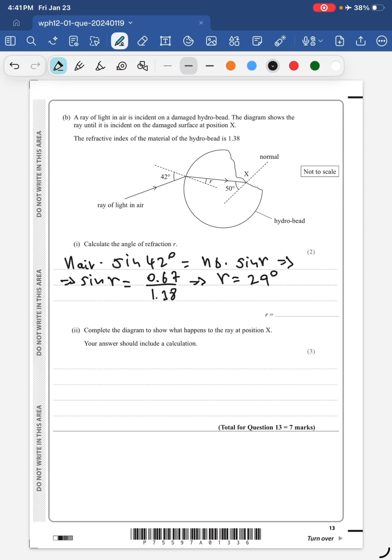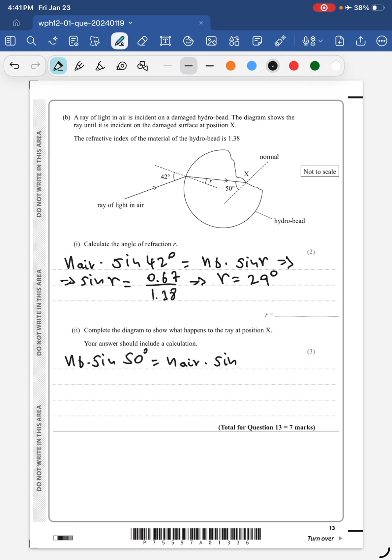Part 2. Complete the diagram to show what happens to the ray at position X. Your answer should include a calculation. So, okay, we have to do Snell's law one more time. So let's see. Now the incident angle is 50 and we are in the beads. Therefore, we have the index of refraction of the beads times sine of 50 should be equal to the index of refraction of air times sine of, now